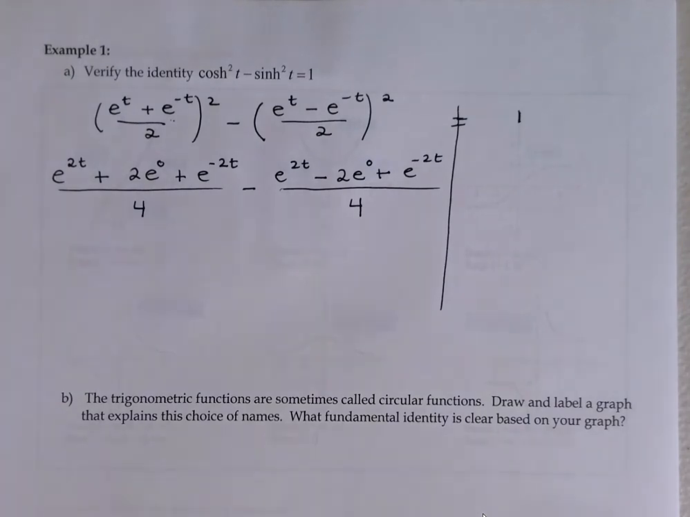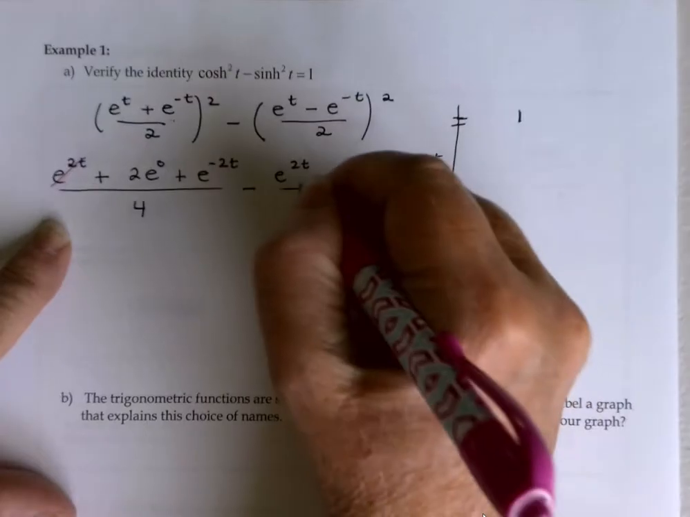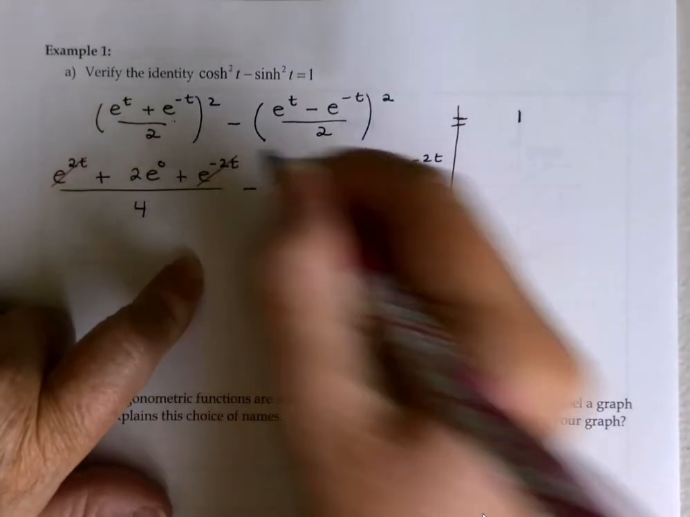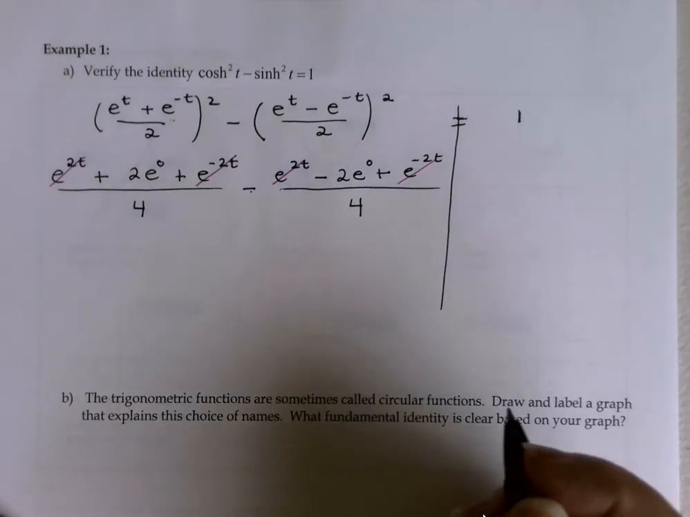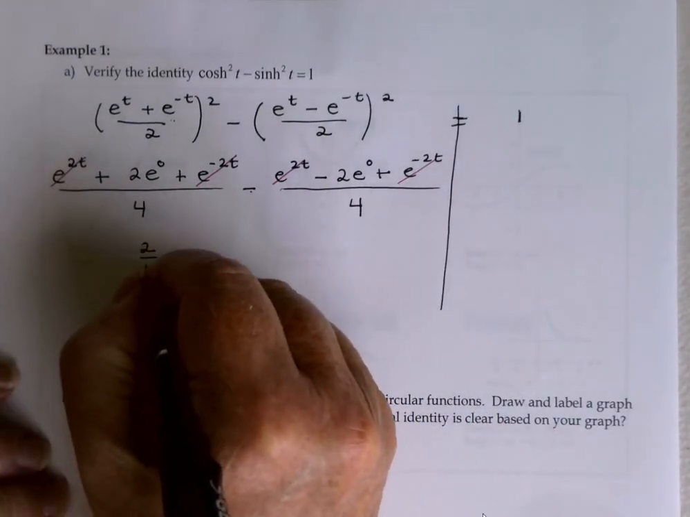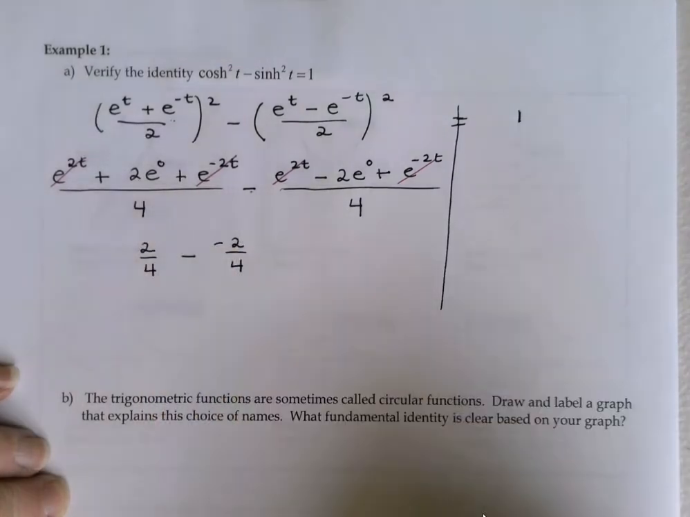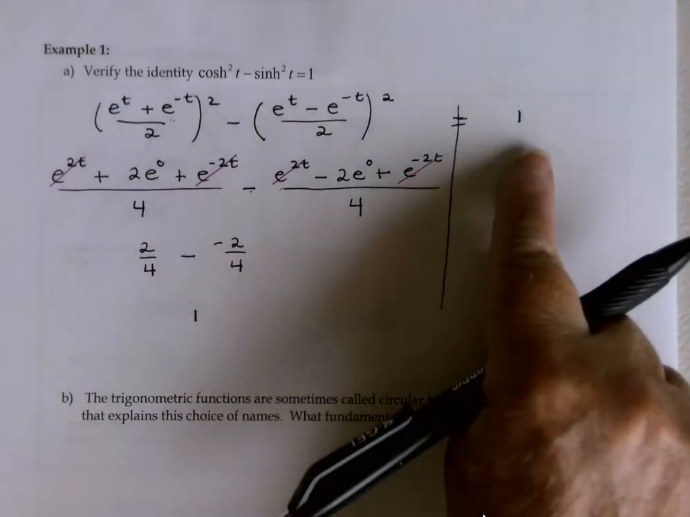Since we are subtracting, notice here with the common denominator, e to the 2t subtract e to the 2t is 0, and also e to the negative 2t subtract e to the negative 2t is 0. So I end up with a positive, that's e to the 0 is 1, so I end up with a positive 2/4, subtract a negative 2/4, and of course that's 1/2 plus 1/2, or 1, which is exactly what I